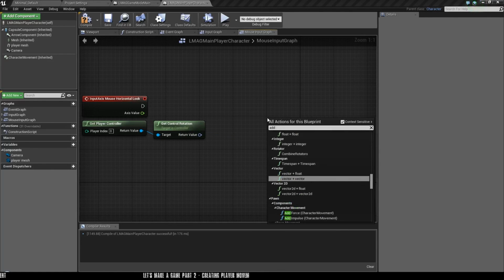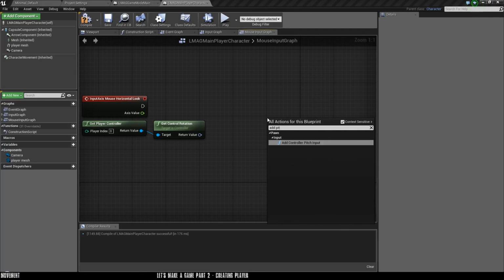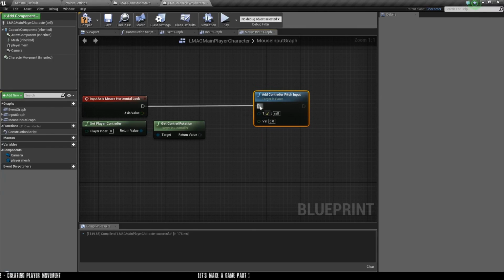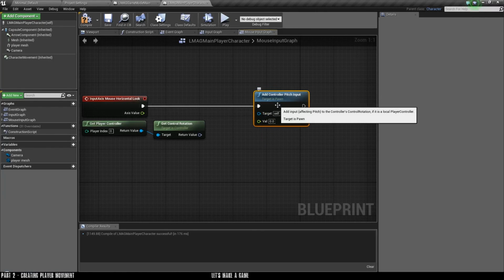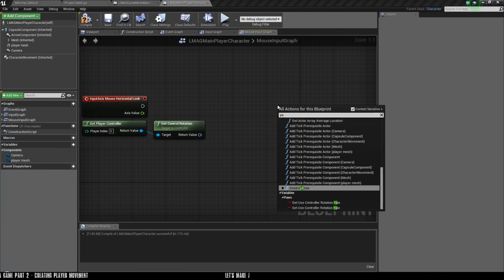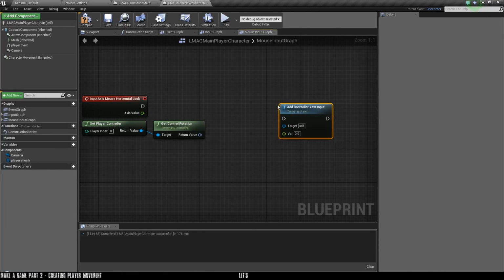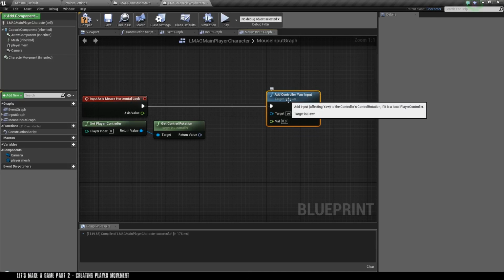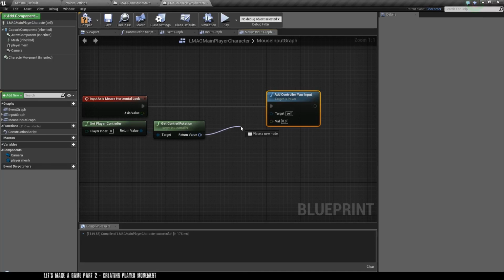And there we go. Add controller pitch input. Alright, so horizontal look will be yaw instead. So you can right click and type in yaw. Add controller yaw input. Yaw is done on the Z axis, so horizontal look would actually